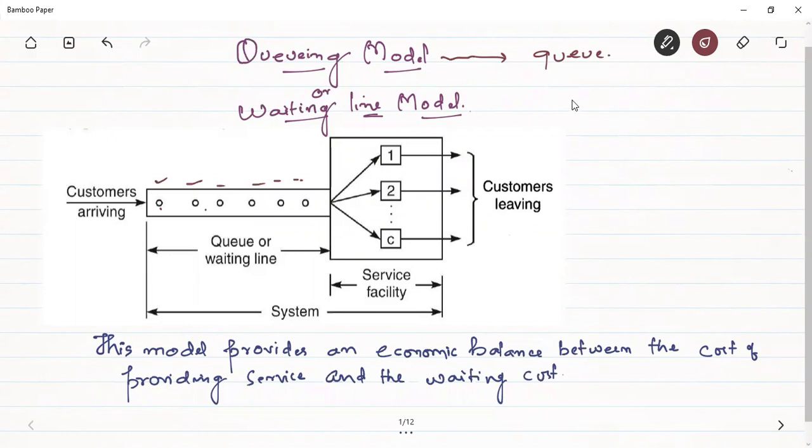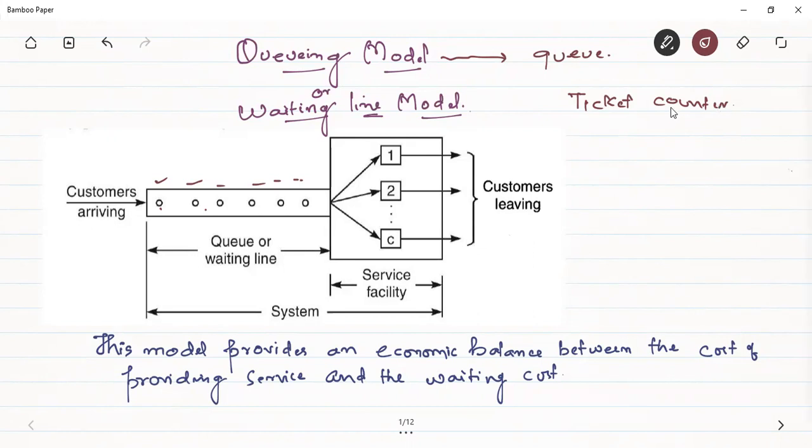सबसे पहले अगर हम एग्जांपल ले, we can take an example of a ticket counter where you can see a queue. This ticket counter can be a railway reservation counter, or a metro ticket counter, or a ticket counter at the cinema hall. You can see people are waiting in the queue to get the tickets.